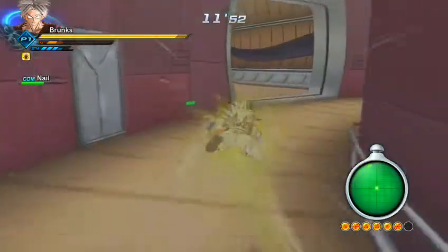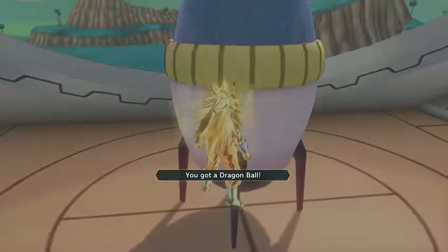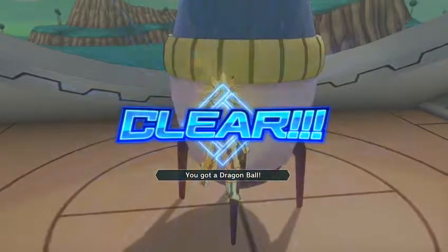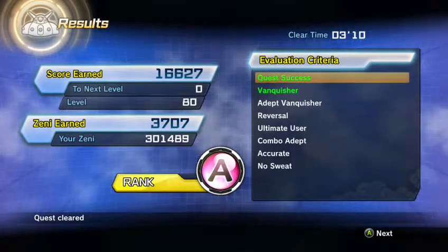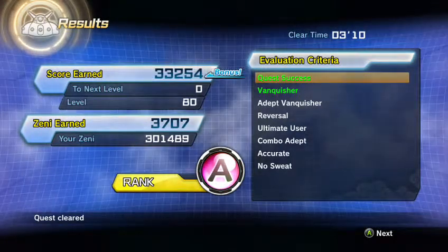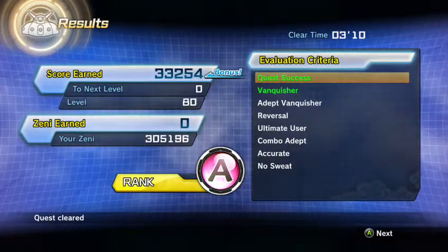Remember, there are only 3 waves of enemies. The first one, find Robot and Midoriya, Cooler, and then Frieza. Alright, let's see how much XP I'm gonna get. It's crazy how much you're gonna get. Great job! Alright, 16,000 alone. Alright, 16,000, but watch with the double. 33,000 XP. Now, as I was saying earlier,